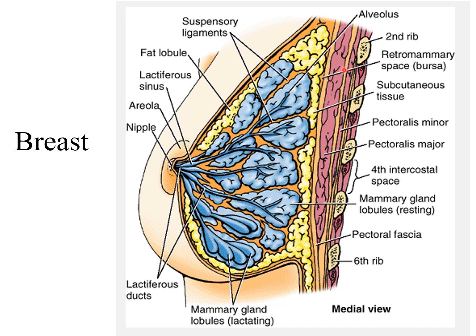Now this is the diagram showing the sagittal section, and we can see the ribs. This is the second rib, and this is the sixth rib; the breast extends vertically from the second to the sixth rib. Anterior to the rib cage we have the pectoralis major muscle. Anterior to pectoralis major is the pectoral fascia, and the breasts are lying on the pectoral fascia.